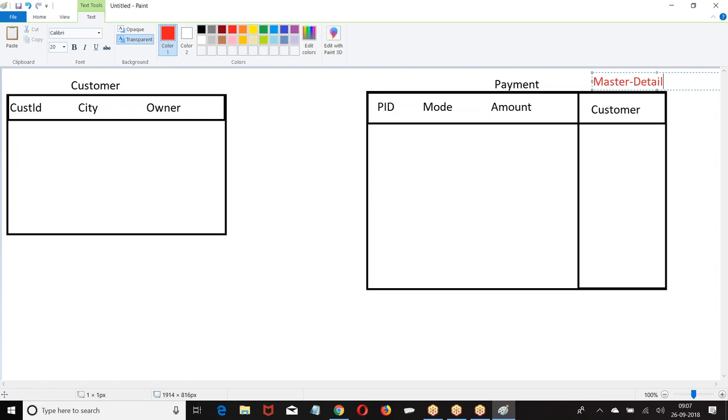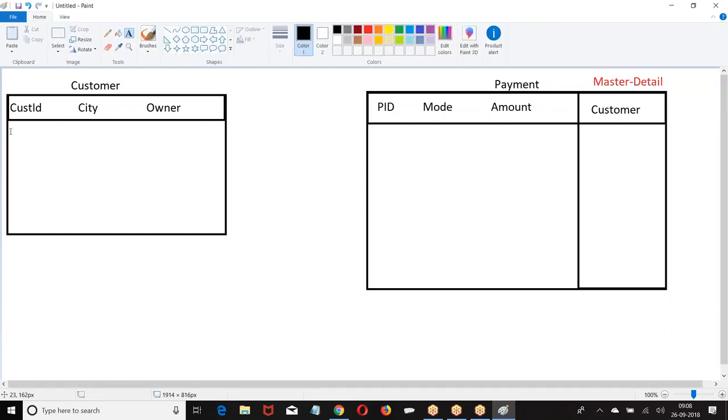Now, first question. Can I create a master detail field on every object?